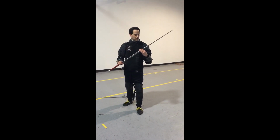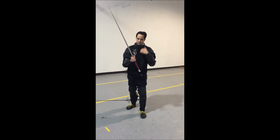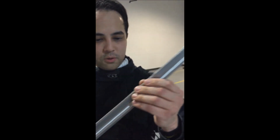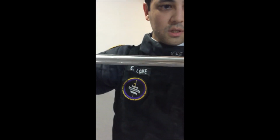On top of that, the sword has held up very well to the abuse we've put it through. I have not cleaned this up at all after about a week of use, and as you can see, although the edge has certainly taken some damage, there's virtually no burrs. There's one right here, but otherwise I can run my finger along this